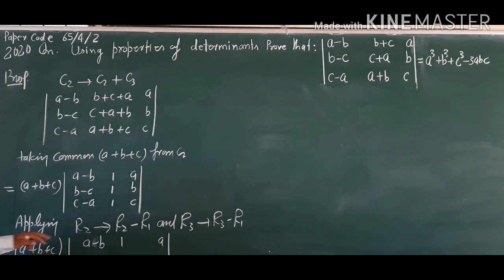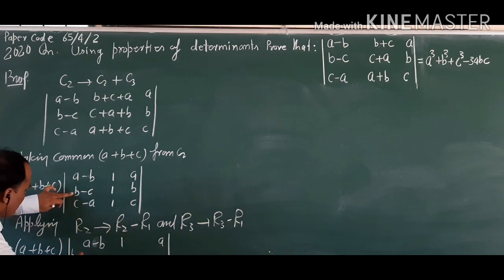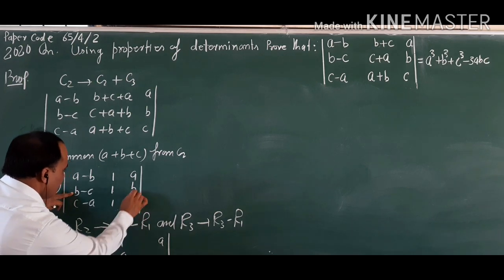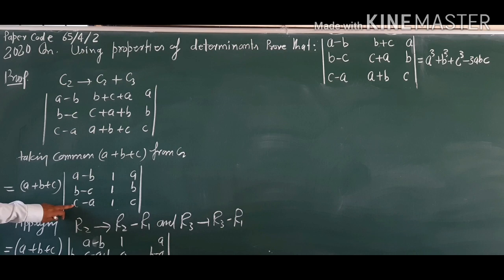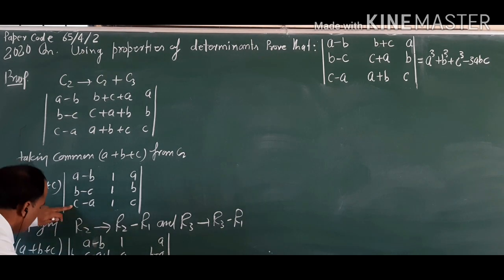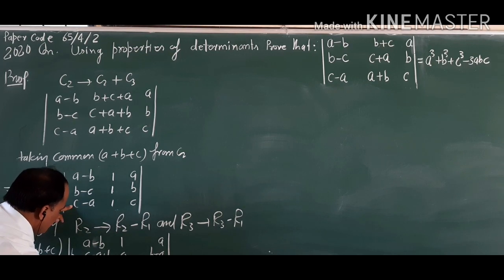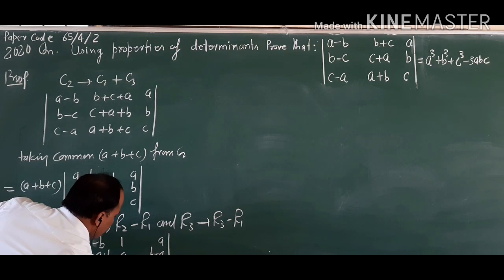and here R2 में R1 सेपरेट हुआ है, इसमें से इसको सेपरेट कर रहे हैं। यहाँ से देखिए क्या है, B minus C we have, this should separate this one minus A, because B it becomes 0, it becomes B minus A। In same way R3 में से R1 को सेपरेट करते हैं, it gives you C minus A plus B, and here becomes 0, and it is your C minus A।